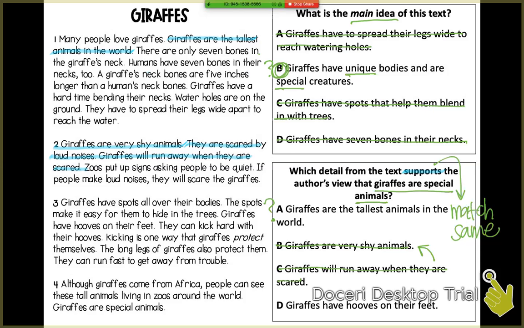And the last one says D, that giraffes have hooves on their feet. That is in paragraph 3. And I can also think of several other animals that have hooves on their feet. Cows have hooves, horses have hooves. Several animals have hooved feet. So I don't know that that's really special or unique about giraffes. The only choice they gave us that was special about just giraffes would be A, that they're the tallest animals in the world. That's where we use that schema